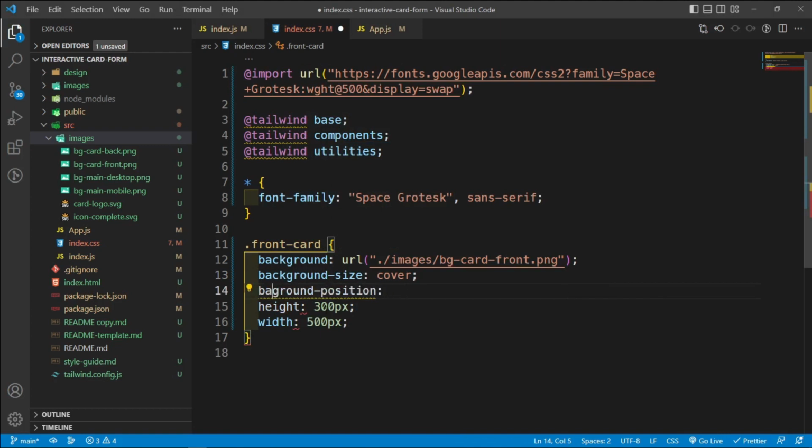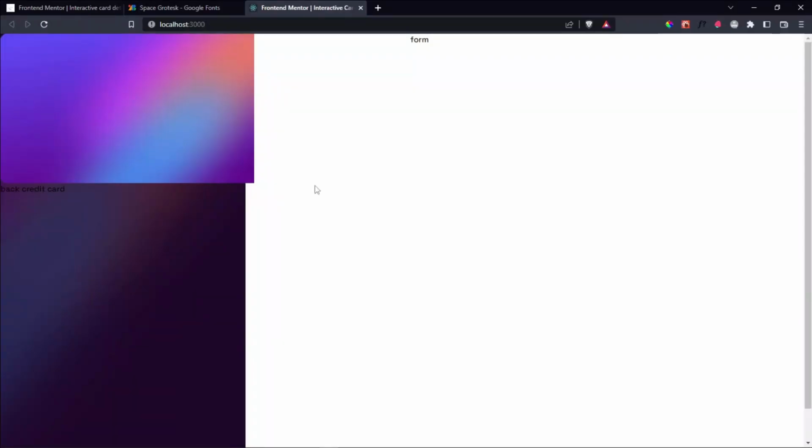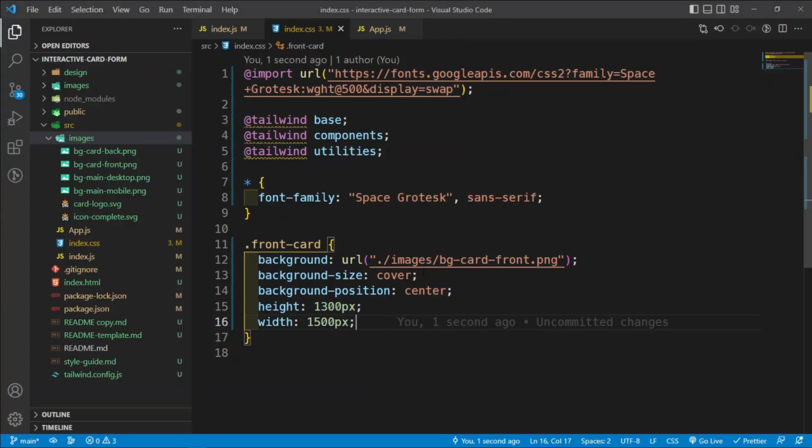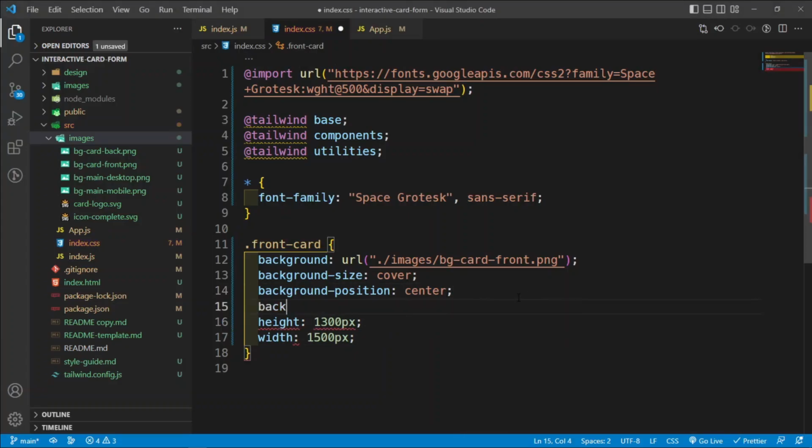Background position, I'm going to set it to the center because I want it centered, and it should not change anything, or rather it does change something, but very slightly. Now let me change this back to 1300 and 1500 to show you something. It doesn't show what I intended to show, but anyway,